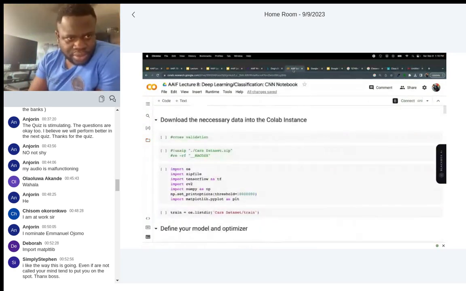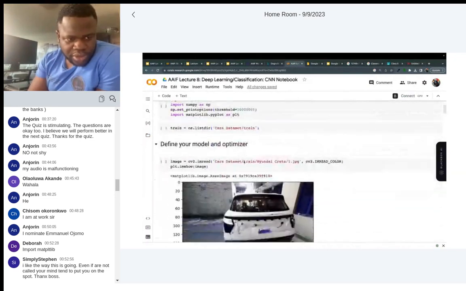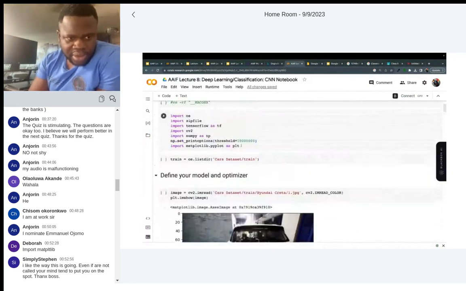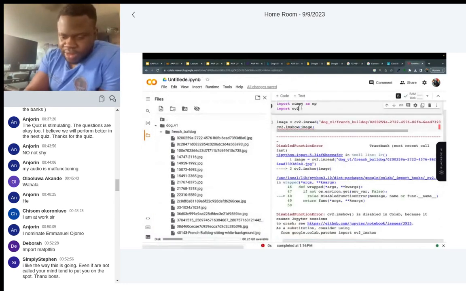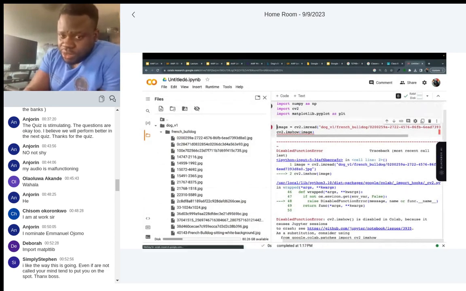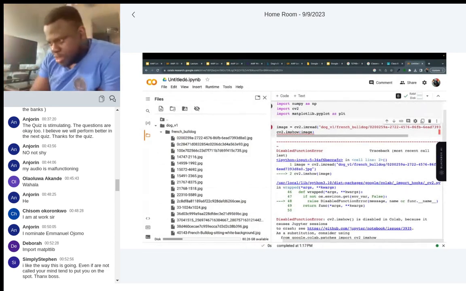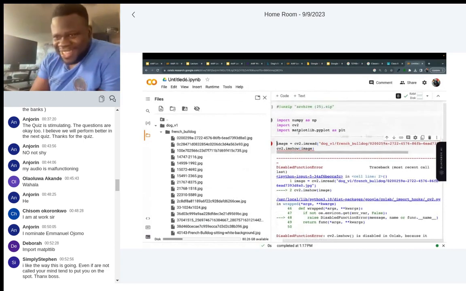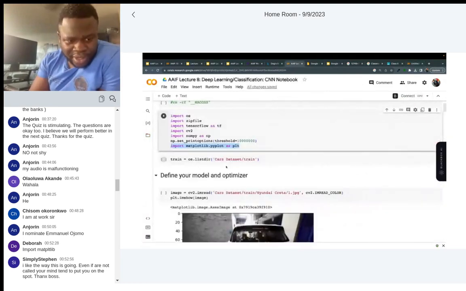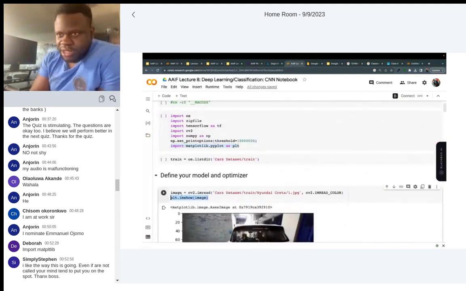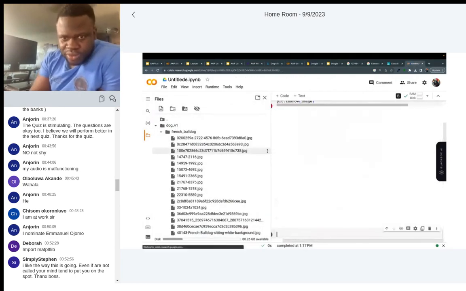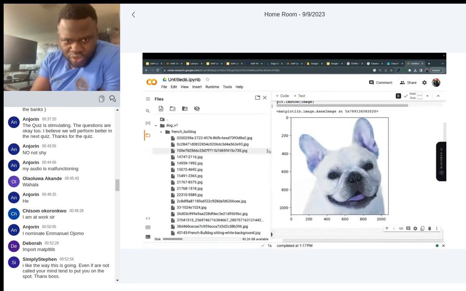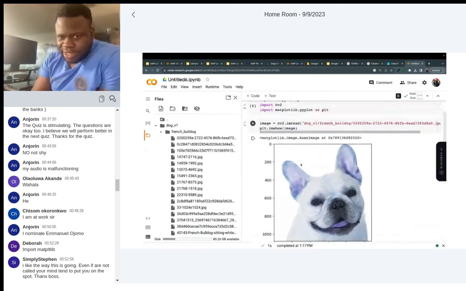So now I'm going to use Matplotlib. I'm going to import Matplotlib and bring it here. Feel free to go through the image while I'm asking you. That's the notebook I'm using. Now we can show the image. Let's see the kind of bulldog we have. Ooh, for dog people, they like it, right?